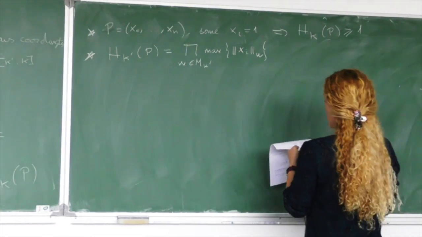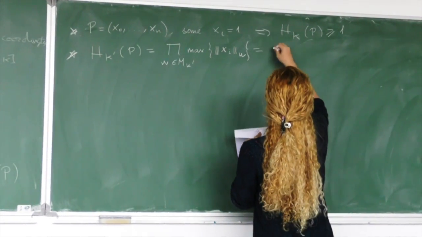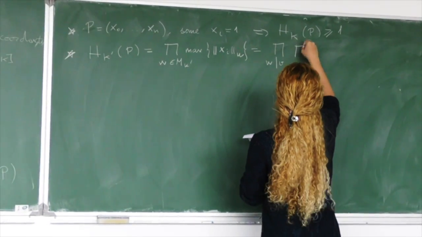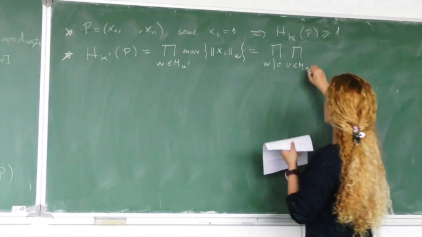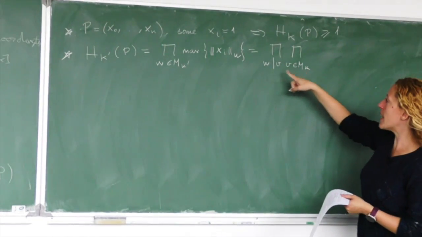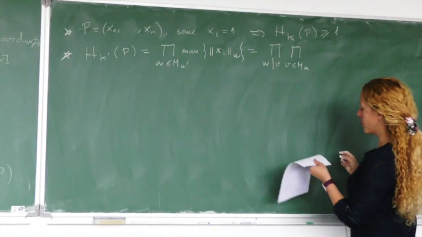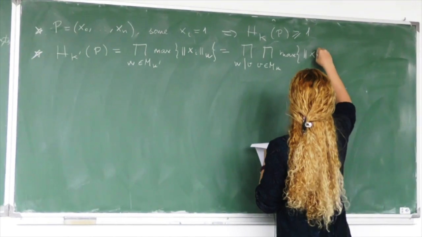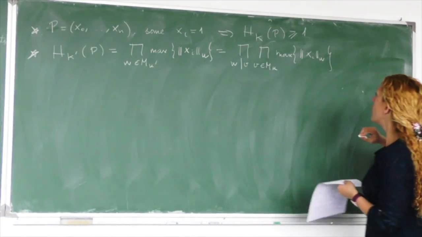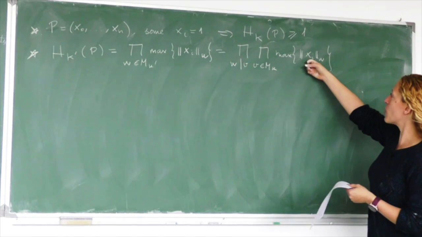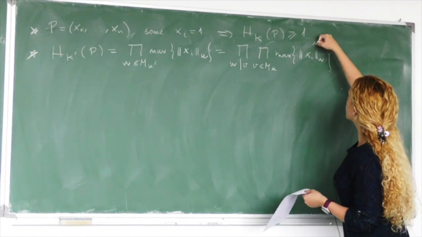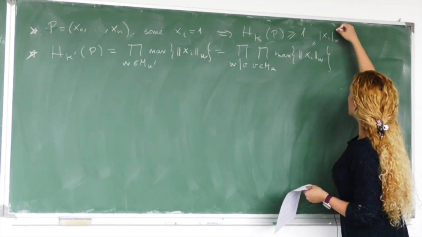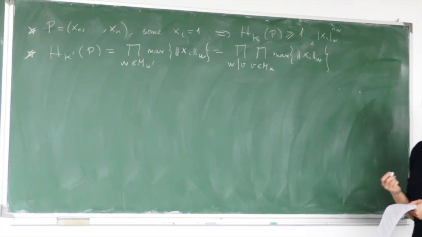Okay, so this is equal to this, but this, we can split it as the product, like this, right? Those are the valuations in K, and those are the valuations that divide B, of the same thing. Right? But now what is happening? What is this? The relation of this is equal, if you want, to the valuation WV, and here we have the local degree, right?